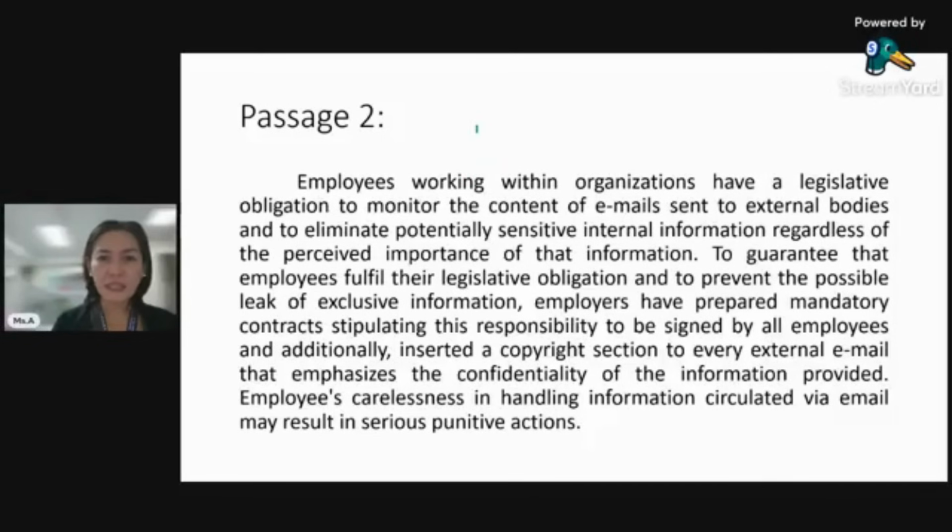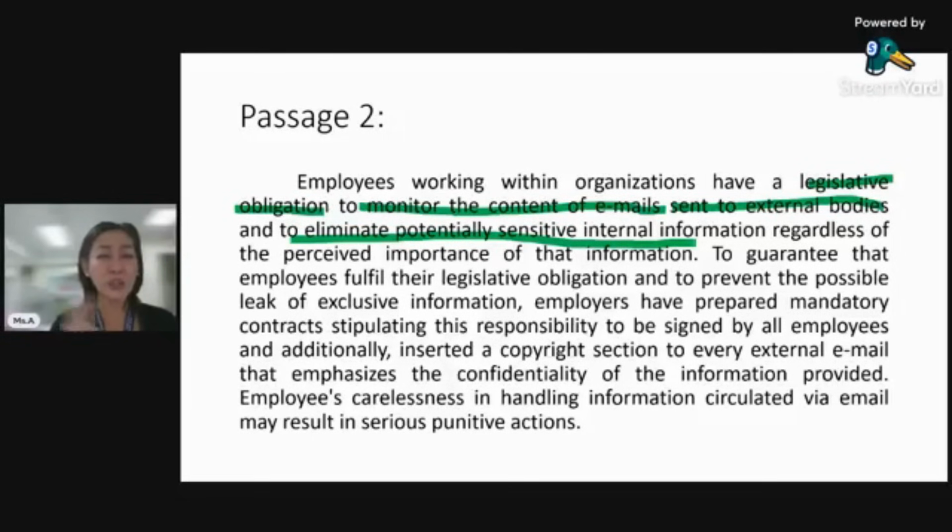So, tingnan natin na, sabi po dito, employees working within organizations, they have legislative obligation. Okay, legislative obligation to what? To monitor the content of their emails or the emails that they will send to external bodies. Okay? And more likely, syempre pagka minomonitor nilang maigi yun, may eliminate po yung mga pagpasa ng mga internal information. Kung importante man yan or hindi. So, ang ginawa po ng employers ay,